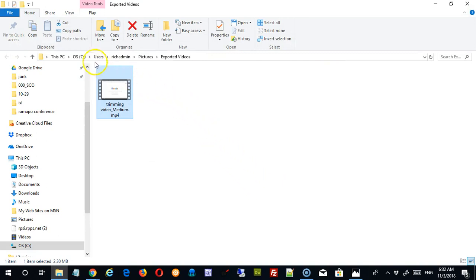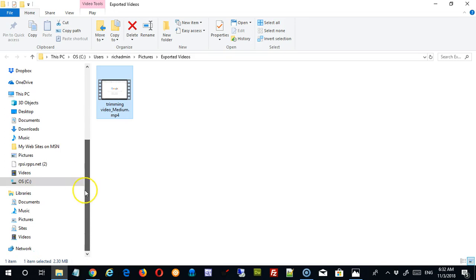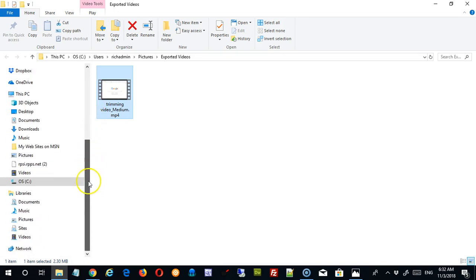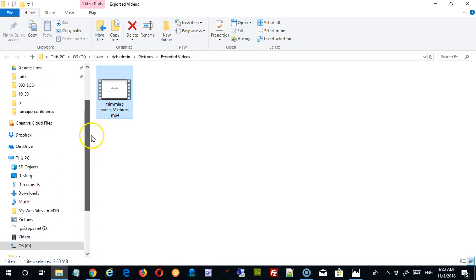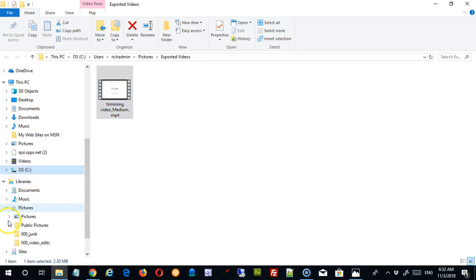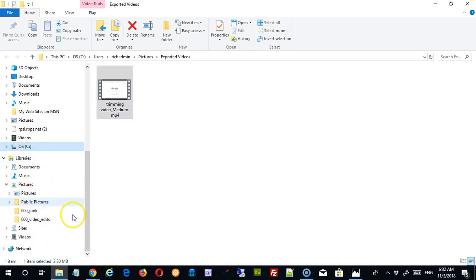And you can see up here that it put it in pictures and exported video. So that's where I'm going to have to go to find it. If that's not where I want it, of course I can always move it. So if you work on a Windows machine, you're probably familiar with that. I can, let's see, there's pictures over here. So you can see that if I looked in pictures, I would find